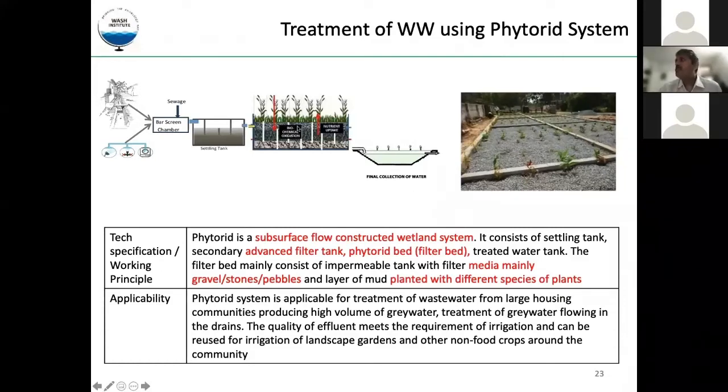So here also, if you see, this is actually a biochemical oxygen. Here the plants bring the oxygen, and at the same time they consume fertilizer. When water passes through the filter media, most of the water is filtered, and as the microorganisms are present here, they also consume the pollutants from the water. Of course, at the end we always put a pond. As I said, it is for the disinfection.